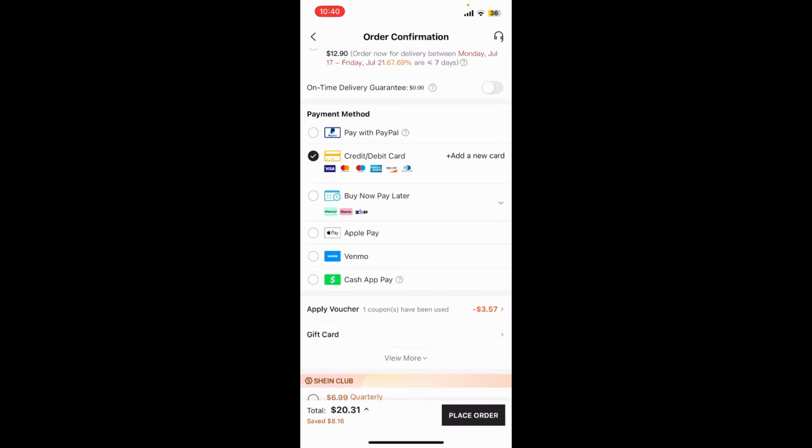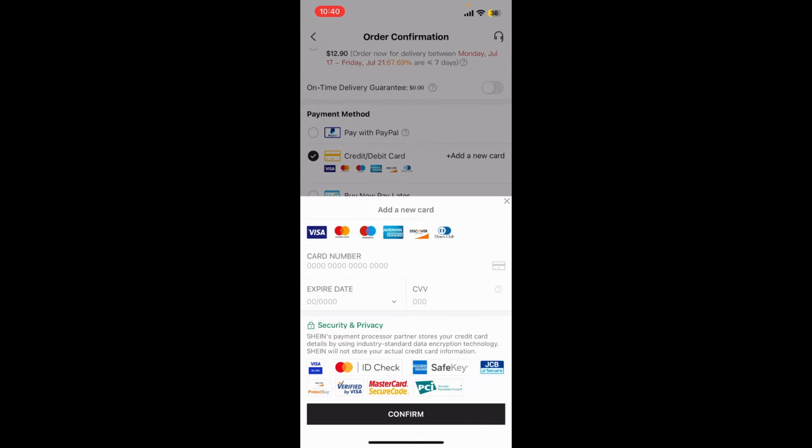Select one of your payment method you'd like to use and in order to add a credit or a debit card, tap on this Add a New Card link on the right corner. Now, enter your card number, the expiration date for the card, and then the CVV code in this pop-up. After you are done, tap on Confirm at the bottom and you'll be able to add a payment method in